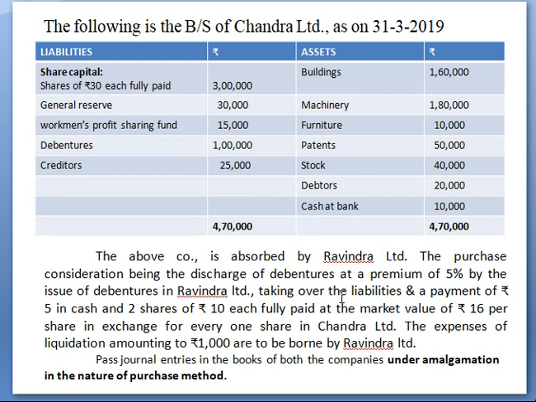That's it. And taking over the liabilities, which means all the liabilities are taken over, and this problem is under the purchase method. Here all the outsiders' liabilities are taken over except the reserves and surplus and your capital, right? If it is the case of merger, even the reserves and surplus are also taken over by the purchasing company. So in the case of purchase method, the purchasing company will take over only the liabilities. Now how many outsiders' liabilities are given? Only 3 outsiders' liabilities are there. One is workmen's profit sharing fund, next is debentures, and next is the creditors.